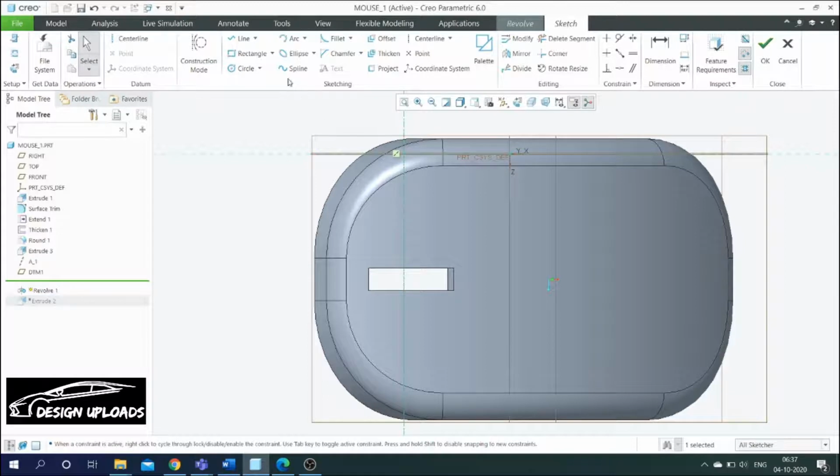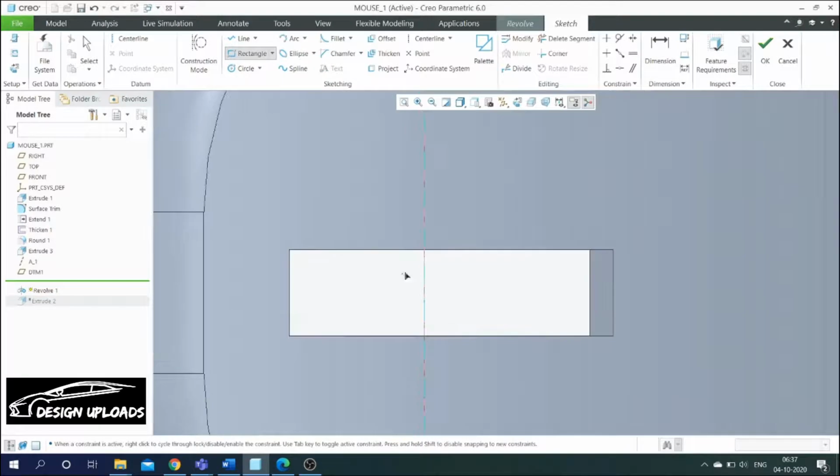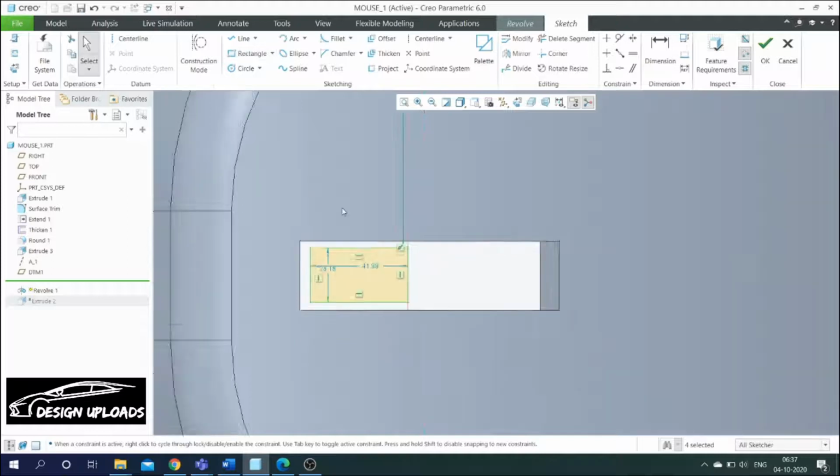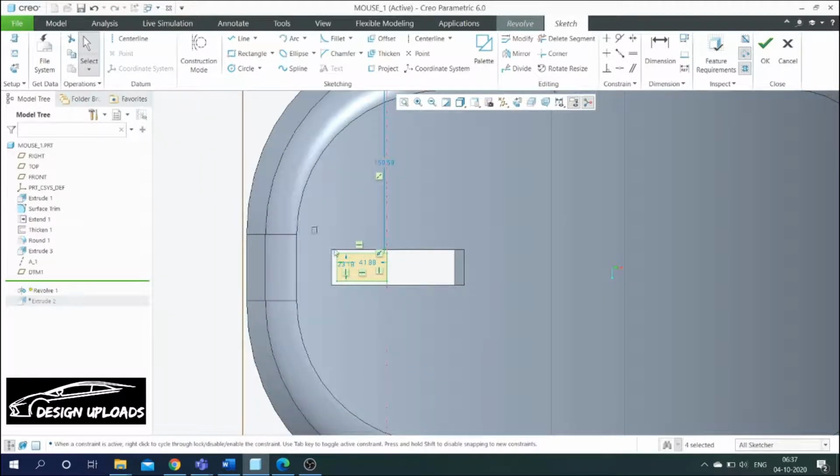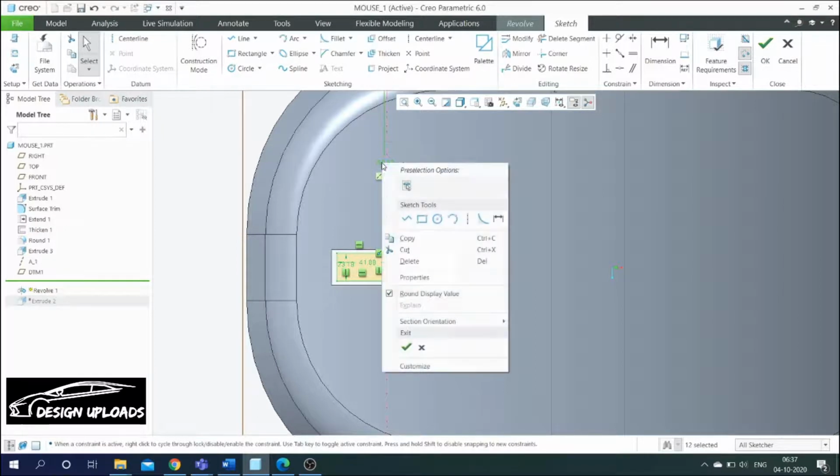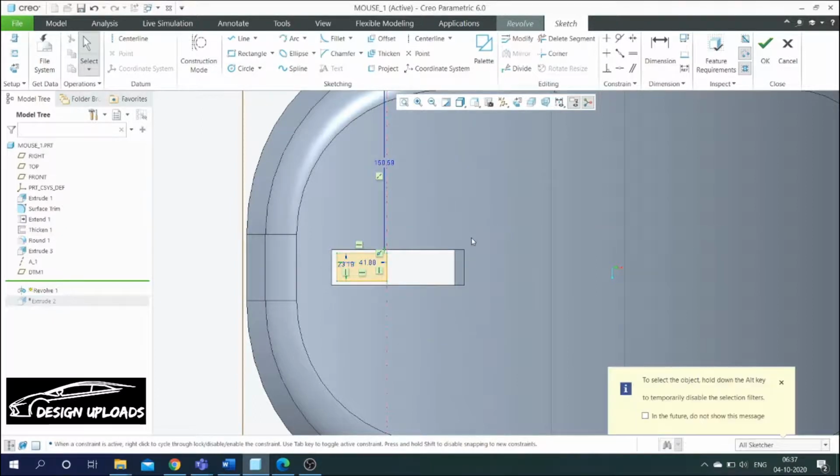After forming the center line, draw a rectangle, give corner rectangle. Therefore, the rectangle has been formed, and select the dimensions of the rectangle and make it strong. After making it strong, just give OK.